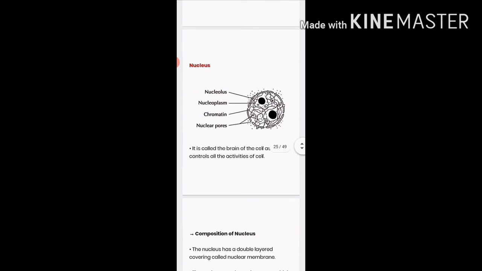Let us go to the next part of the cell, that is the nucleus. Nucleus is said to be the brain of the cell, which is the main controlling center. As in the diagram, you can see that the nucleus is surrounded by a limiting membrane called nuclear membrane. But this nuclear membrane is not continuous. It has small pores in it, which are called nucleopores. Within the nucleus, the fluid that is present is called nucleoplasm. Then there are thread-like structures, the genetic material, known as chromatin. And this chromatin material, in certain places, is very condensed, and that is known as nucleolus.